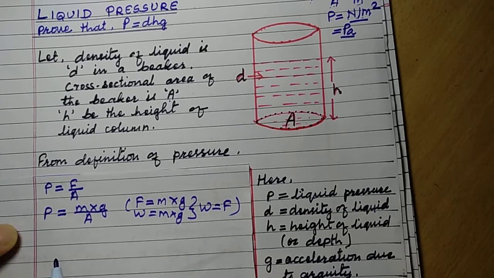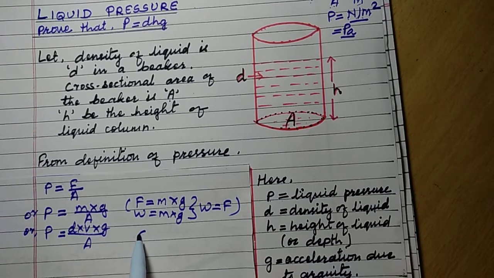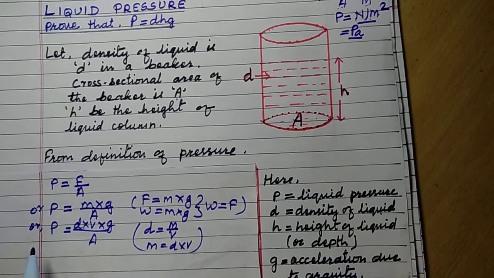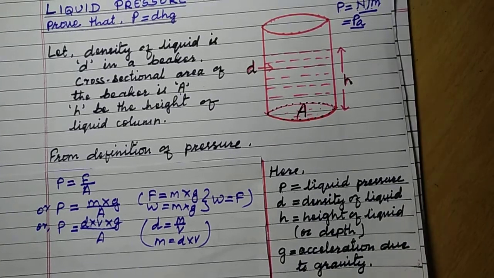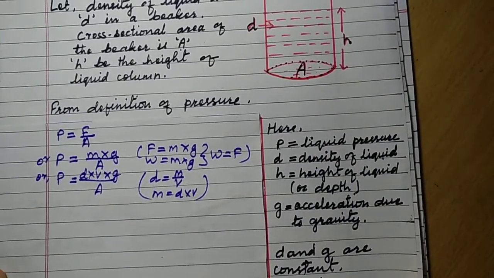Okay, so this way we can write F equal to M into G, and further P equal to mass can be written as density into volume. Density into volume into G divided by A, because density means mass per unit volume. From the definition of density, density is equal to mass per unit volume. So mass can be written as D into V. So further solution we can see here P equal to